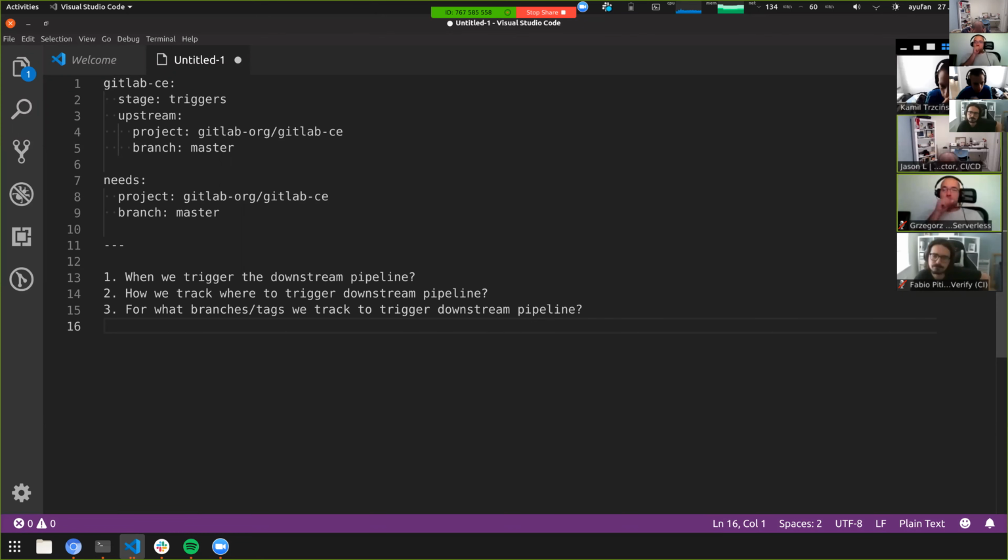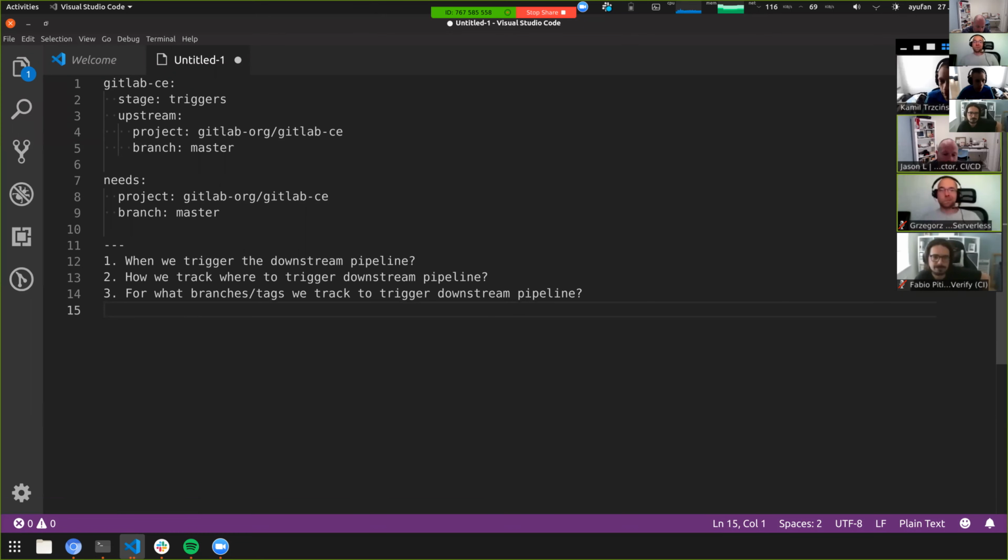But one thing, yeah, go ahead. So one way of confining that is what Fabio proposed. There are two different ways to solve that. One is building an interface for that, having a UI with an associated database model.